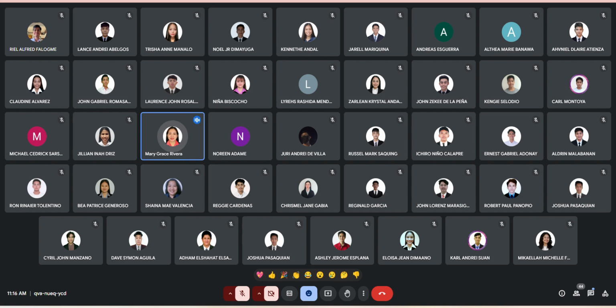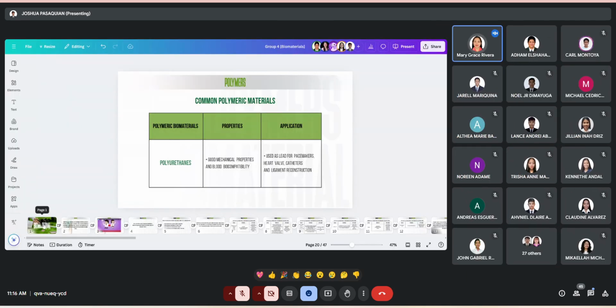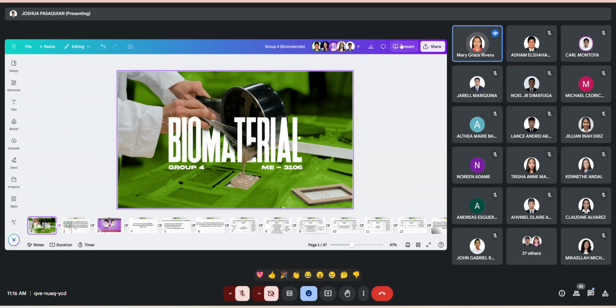Ready na po ba ang biomaterials or nanomaterials po? Yun na lang kasi yung natitira natin, ano po. Yes po. O baka hindi kayo nag-testing dun sa 40 na